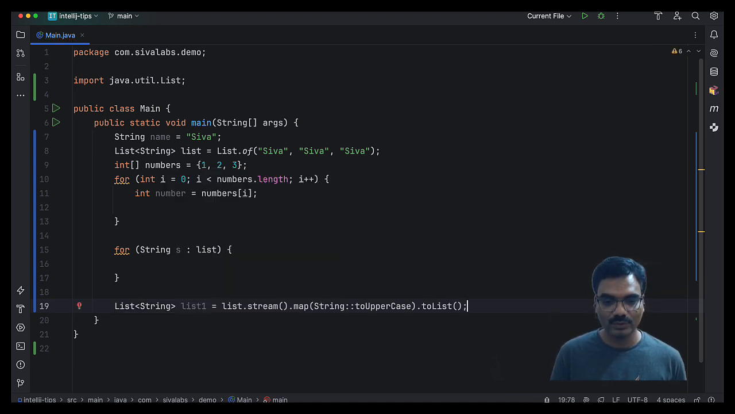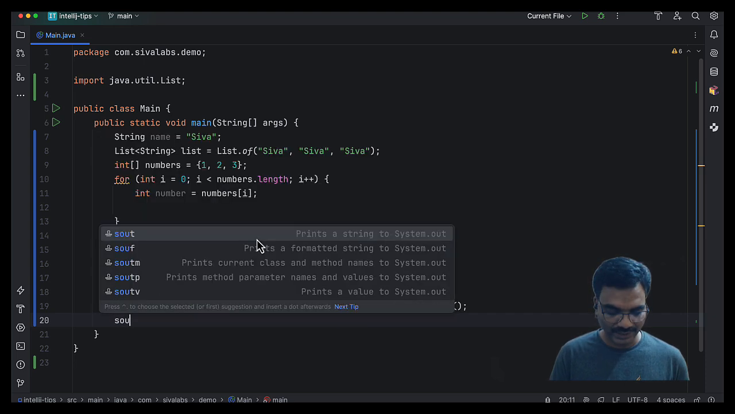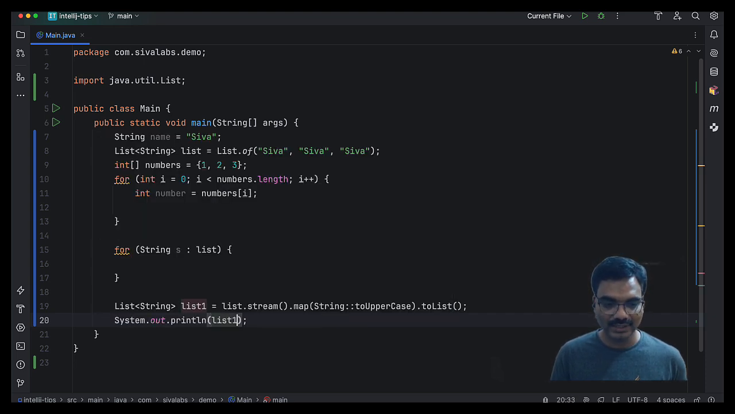So you don't have to put a semicolon, go back, and then create the variable name. At the end, if you put dot var, it's going to assign to a variable. Similarly, if you want to print something, let's say I want to print the list1 value, instead of writing system.out.println and list1,